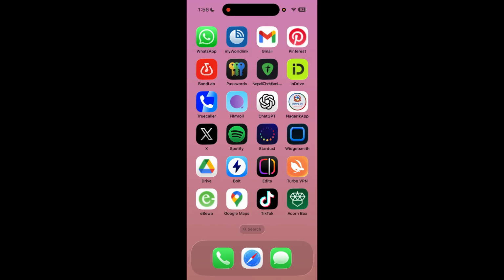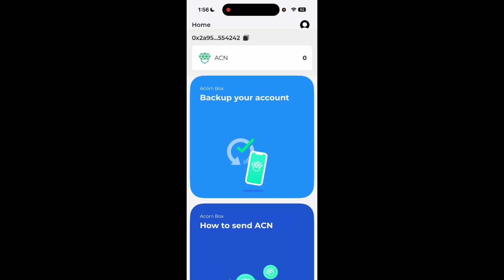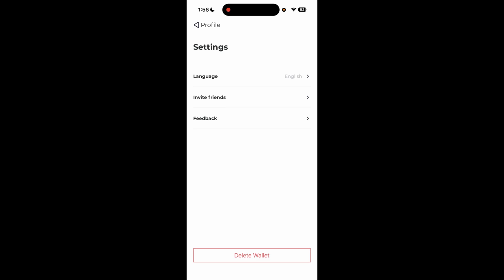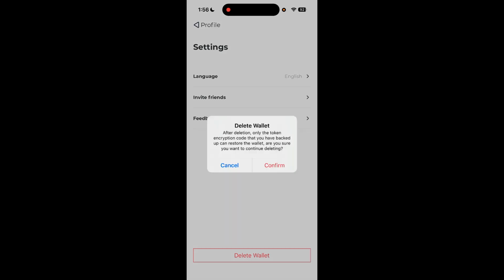So first, open the Acorn wallet, and over here in the top right corner we can see there's a profile. Tap on the profile, and once you reach this profile, go to the settings. Over here, when you reach the settings interface, on the bottom we can see there's an option for delete wallet. You need to tap on delete wallet, and it says that after deletion only the token encryption